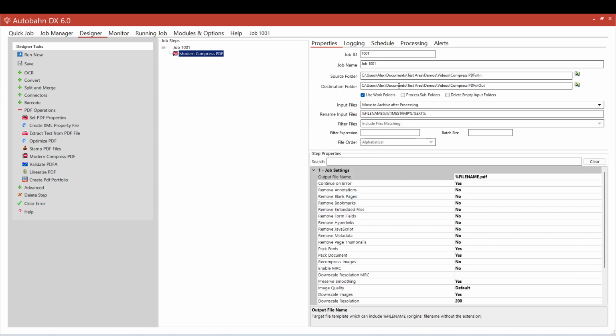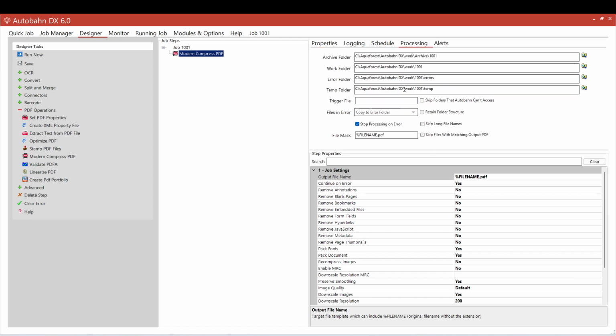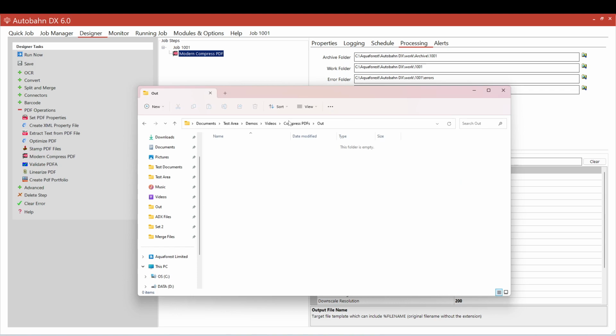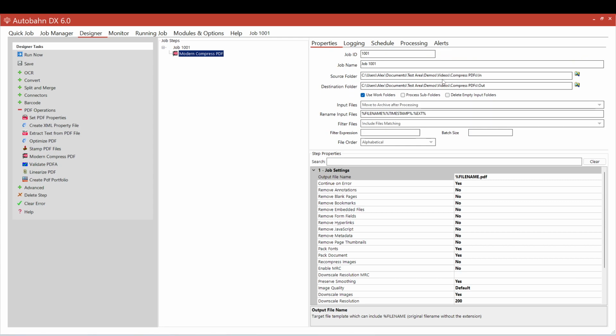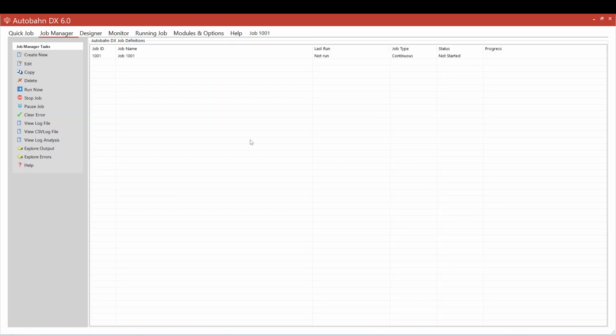Now, finally, I want to set the archive location myself, just so that I can compare the sizes of the input and the output files. So I'm going to go to the Processing tab, and I'm going to go to my archive location, copy that address, and add it there. Okay, now I'm happy with how the job is set up. I'm going to save the job, and if we go to the Job Manager, we'll see the job is now